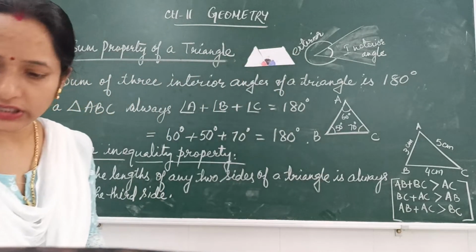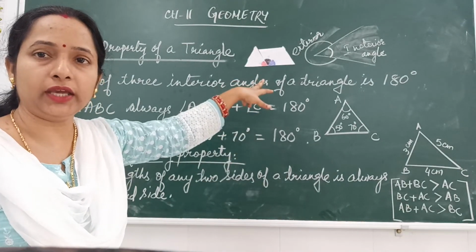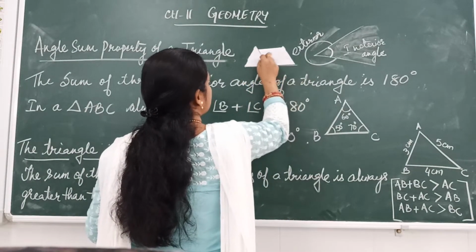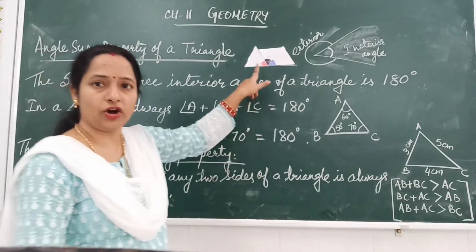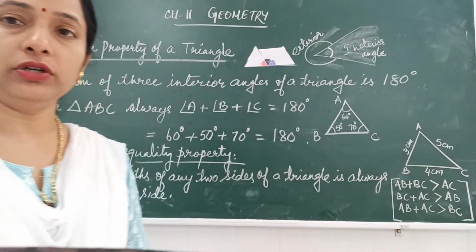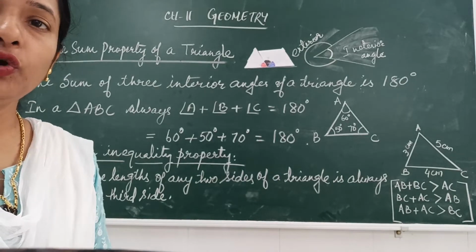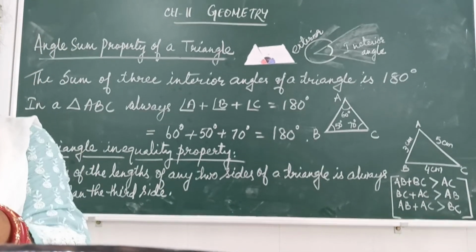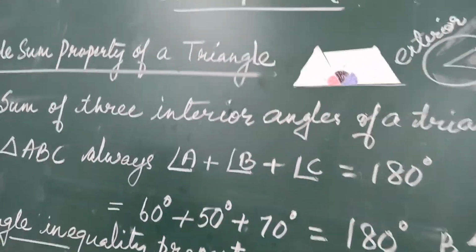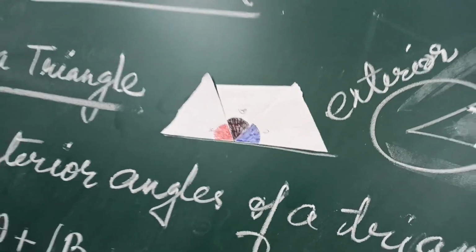Now just have a look. Are these three angles forming a straight angle or not? See, here they all are forming a straight angle. Isn't it? They all are forming a straight angle. When you join all these 3 angles, you find that these 3 angles are forming a straight angle. I would take the camera a little closer to it and show you. Just have a look. See, they are forming a straight angle.